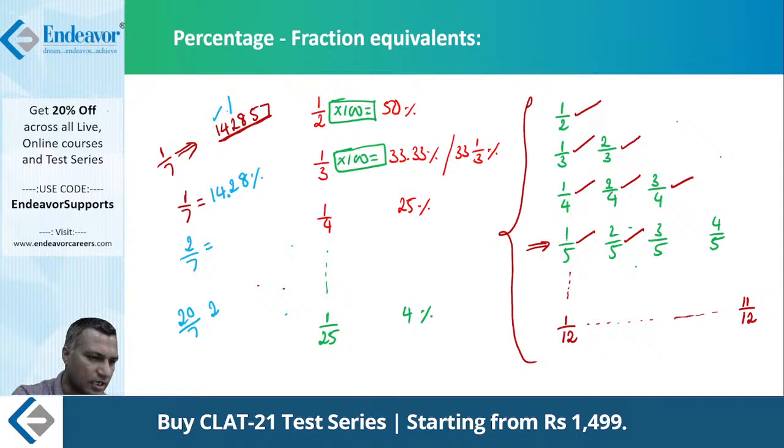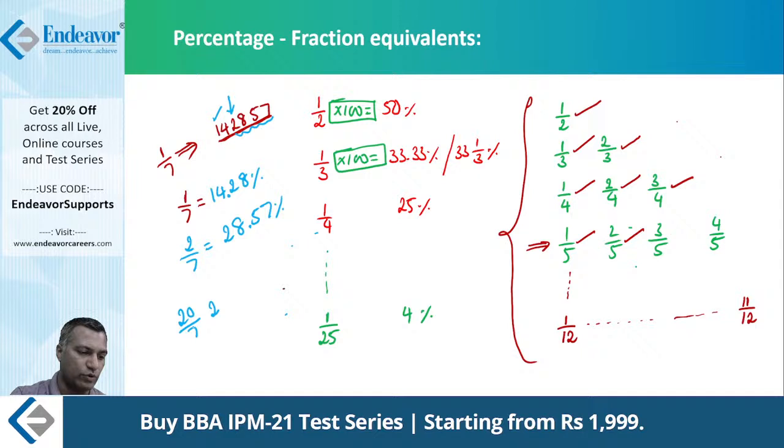right? 2, 4 digits there. 2, 8, 5, 7. Write 4 digits from here. Here 2, 8, 5, 7. That's what you kind of write. Okay. So when do I do the 3 by 7? If I'm doing it as 3 by 7 here, right? 3 by 7. So when you're writing 3 by 7, in your mind, take 30 by 7, right?